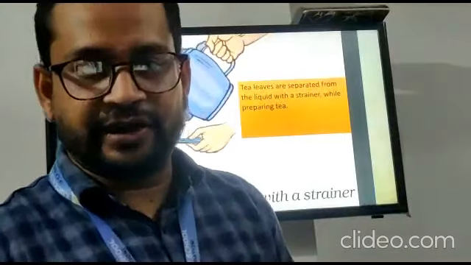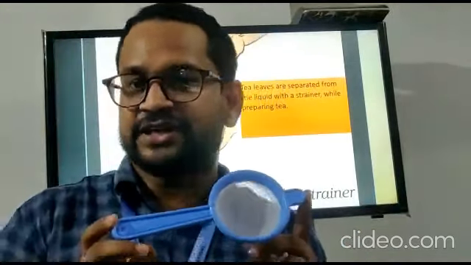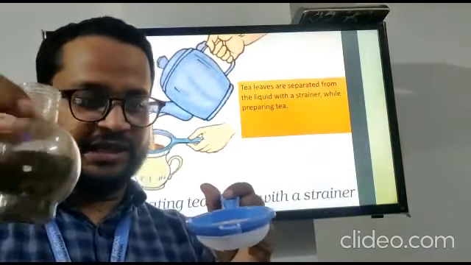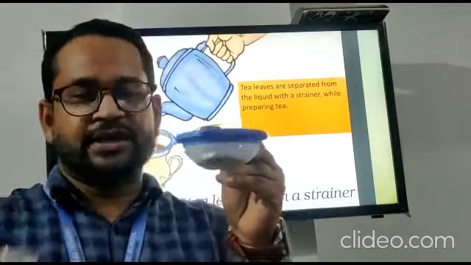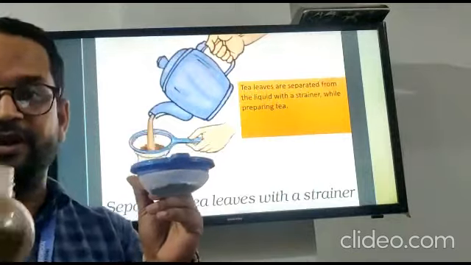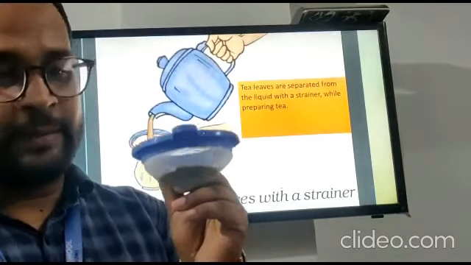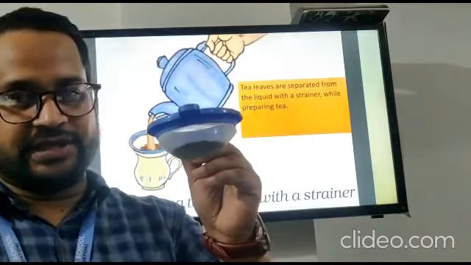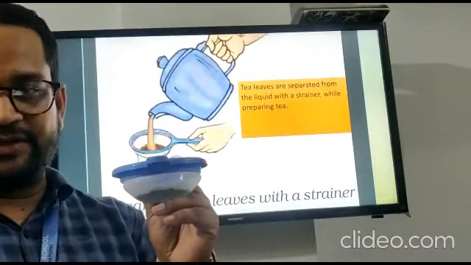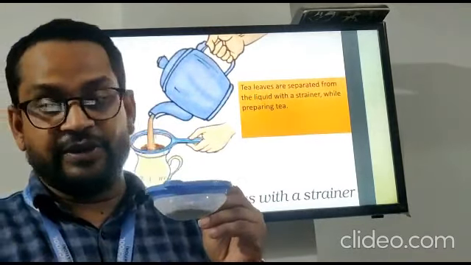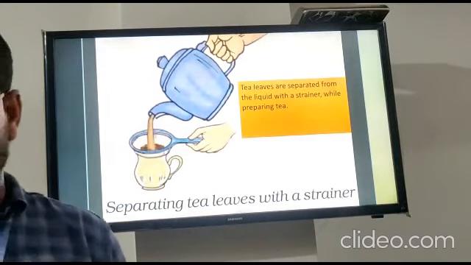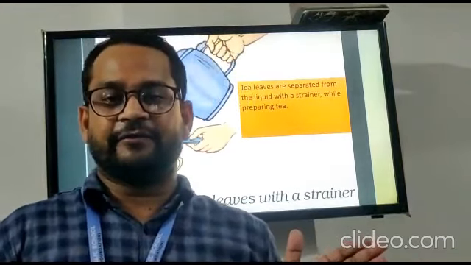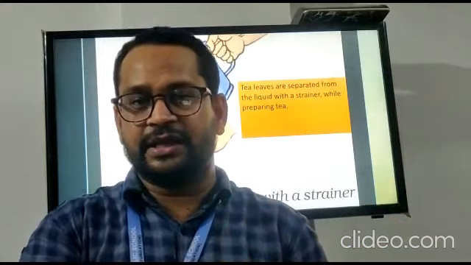So start with the activity, the use of strainer. The tea leaves are separated by the strainer. You can see that is the strainer, and we use it on the tea. You can see the strainer separates when we use it on the liquid form, but that is for your observation. We use the tea, and you can see that the strainer collects all the tea leaves and the liquid passes through, while we use it when we make the tea. Okay, that is the use of strainer. The strainer separates the liquid from the tea leaves. Okay, clear everyone?